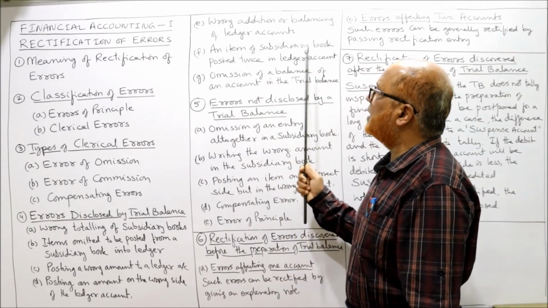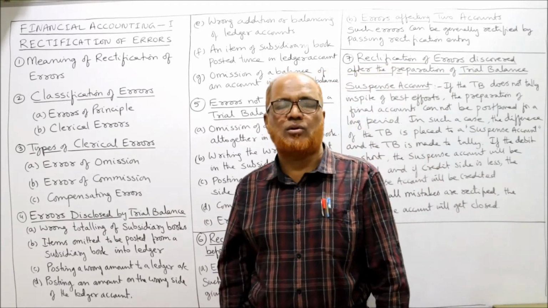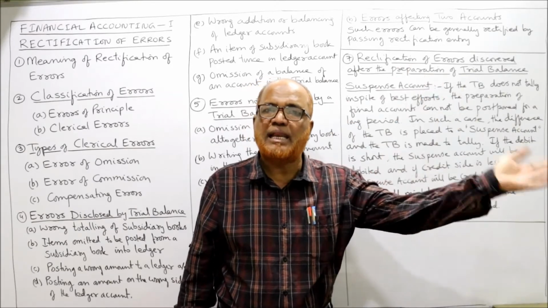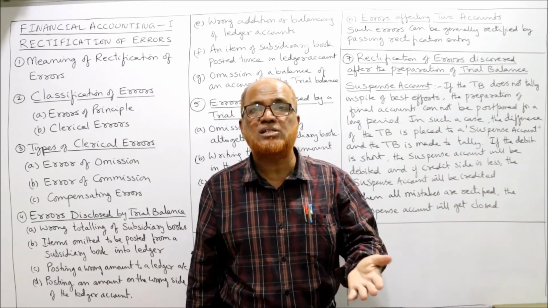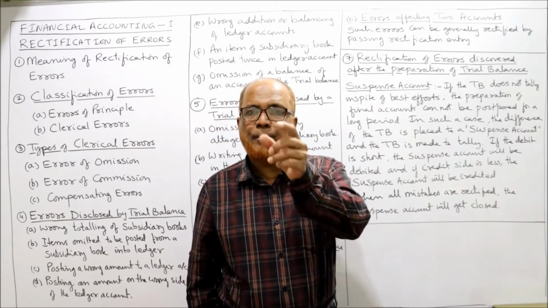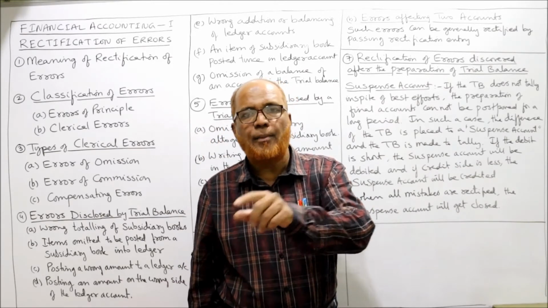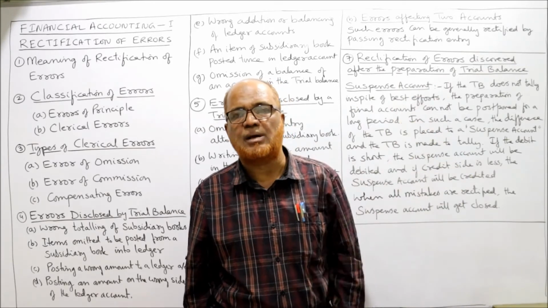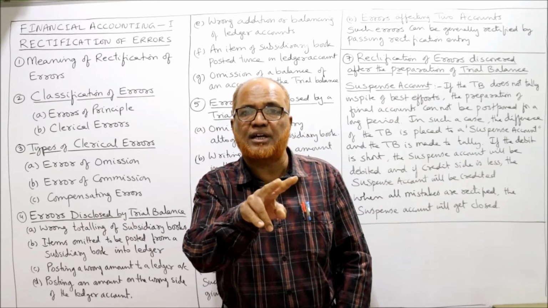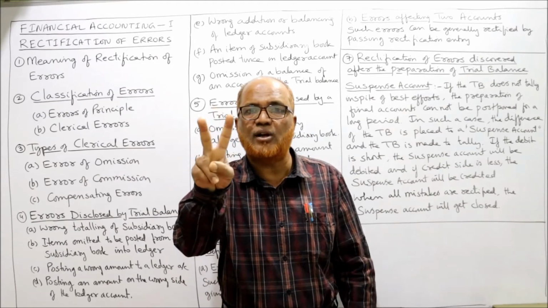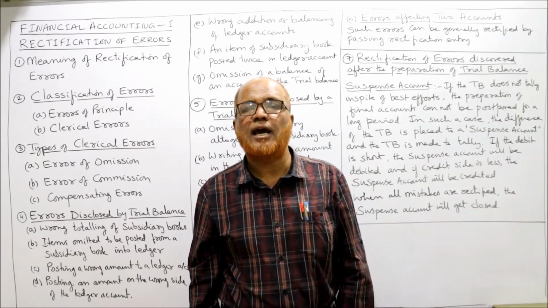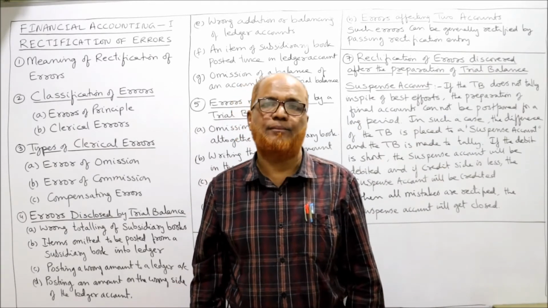An item of subsidiary book posted twice in the ledger account. While making a posting from the subsidiary book to the ledger account, by mistake we have taken it twice instead of once. Example, purchases account has been debited. Parties account should have been credited. Supplier account should have been credited. But by mistake, C's account we have credited twice, instead of once, on the credit side. Again, your trial balance will not agree.